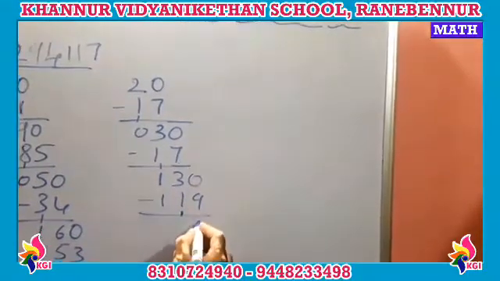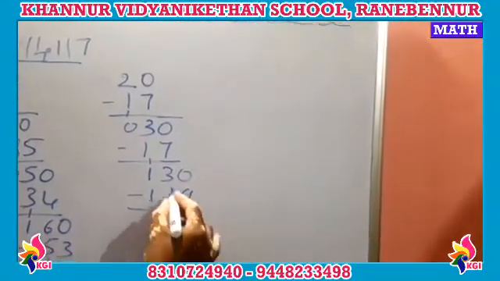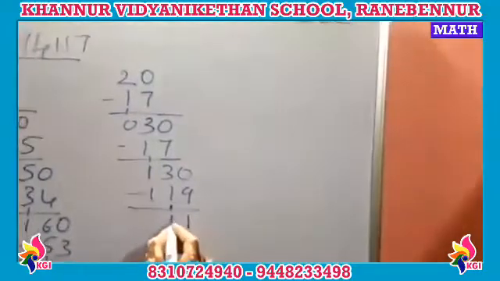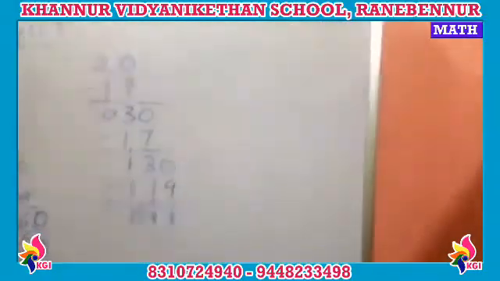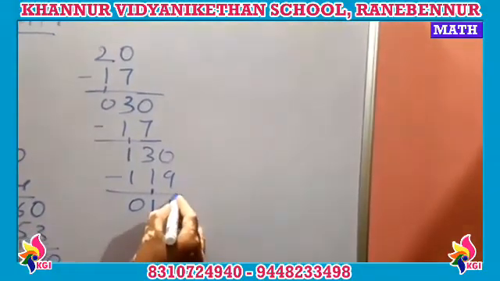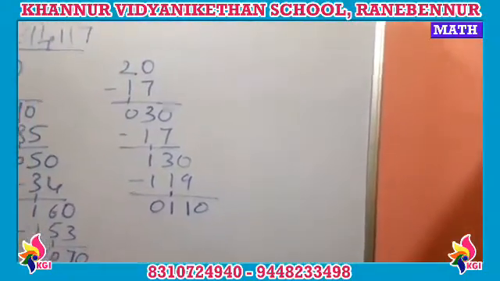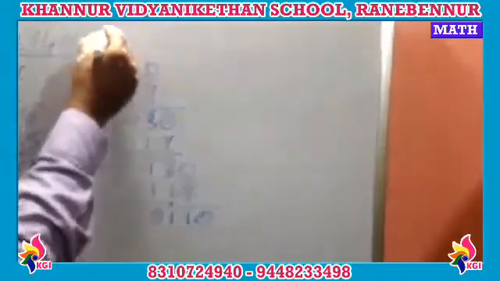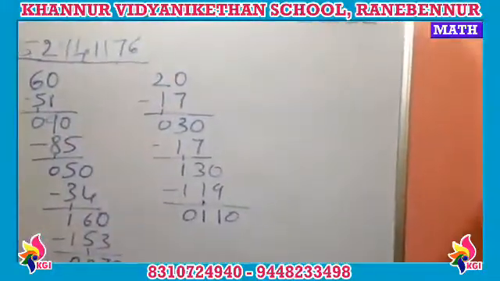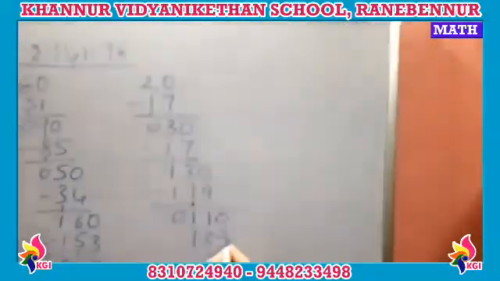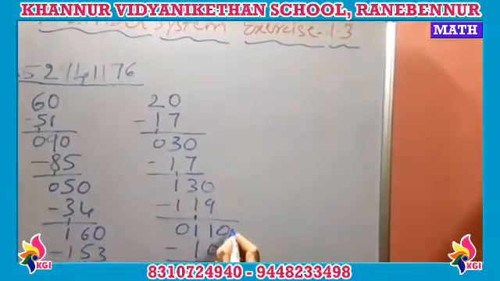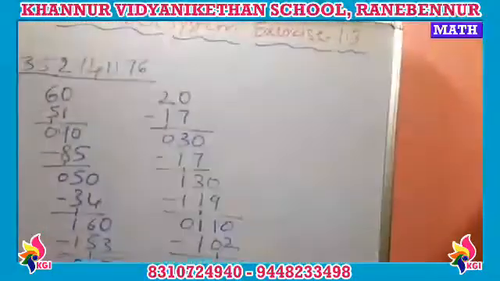So then 10 minus 9 is 1. So next I remained with a 1, so it will be a 0. I remained with 11. So as I already put a point, I can take up a 0. Okay, so the next I need to go for 17 sixes are. 17 sixes are how much? 102. Okay, so the next here in this, the 2 has gone, means it's an 8.